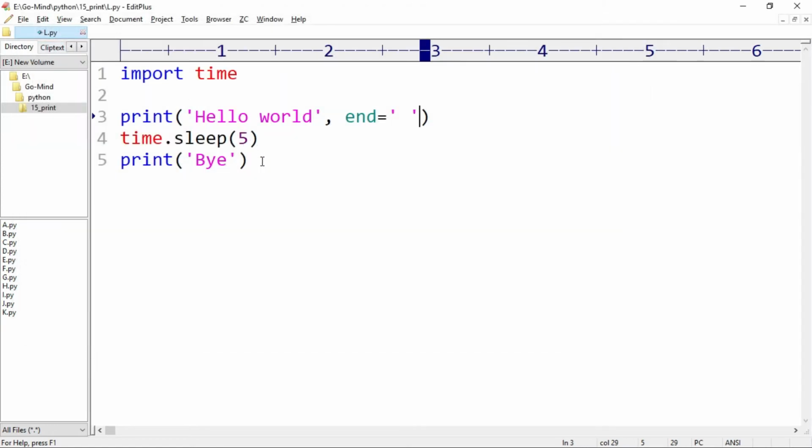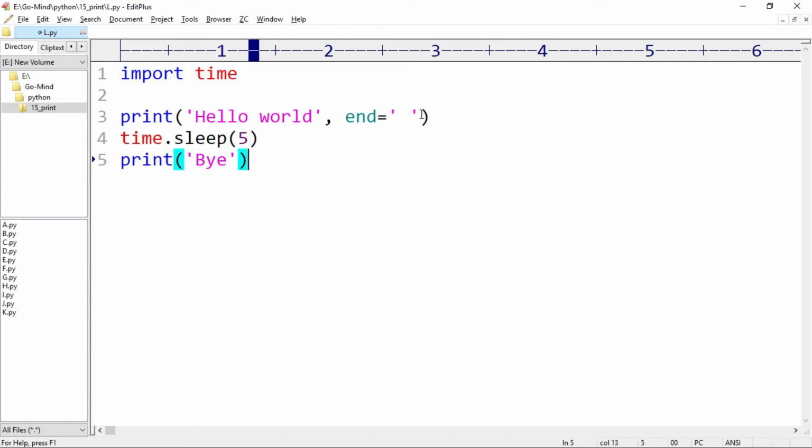So here we have to understand that if we have modified the end argument, then we have to add the flush argument in addition. The reason for this is that print actually puts the string in a buffer. When it encounters \n, it flushes that buffer and sends it to the screen. Here we have not used flush, so the hello world string is put into the buffer, then the program pauses for 5 seconds and then it encounters this print. Here it catches another string, it is also buffered, then the program ends here, so the whole strings came out together.